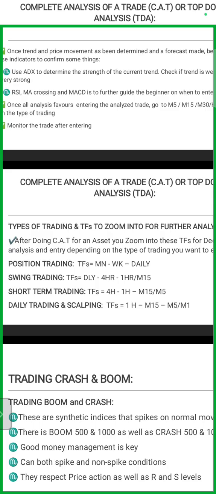For swing trading, you analyze from daily to 4 hour, then to 1 hour, and then take your trade from 15 minutes. So you take your trade from 15 minutes for swing trade. Then for short-term trading, such as scalping, you can look at 4 hour, 1 hour, 15 minutes, and then 5 minutes to execute your